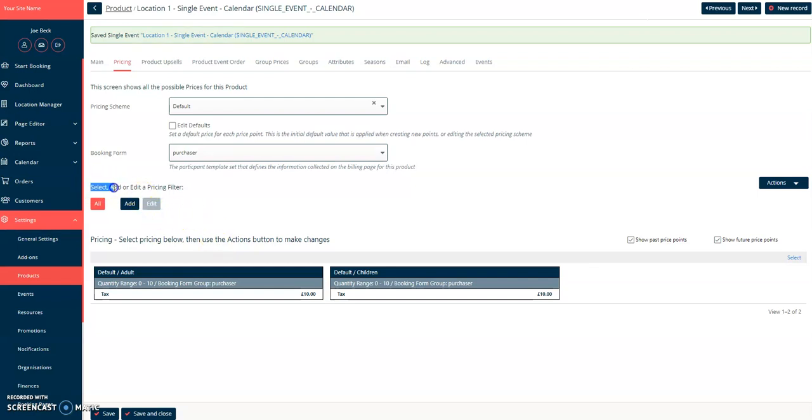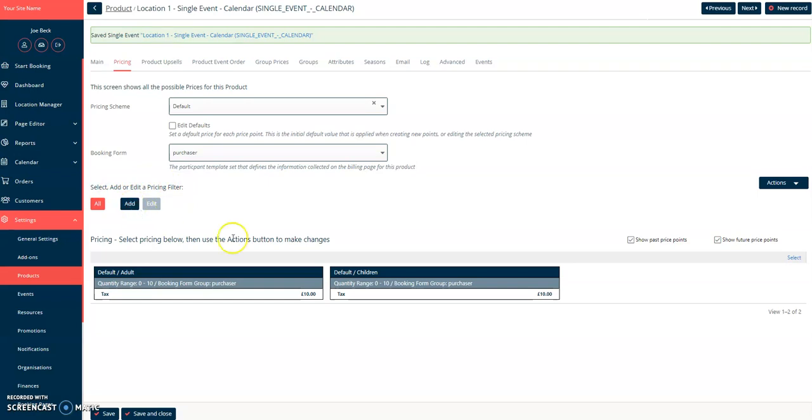You also have this pricing filter section where you can add and remove filters to view your pricing. Again, for singular pricing, we won't really need to use this. This is more for complex pricing where you have many different prices, say for example 4 different price points for different age ranges, and it costs different things on different days, and you might have 20-30 prices all listed here. You might want to use this filter to